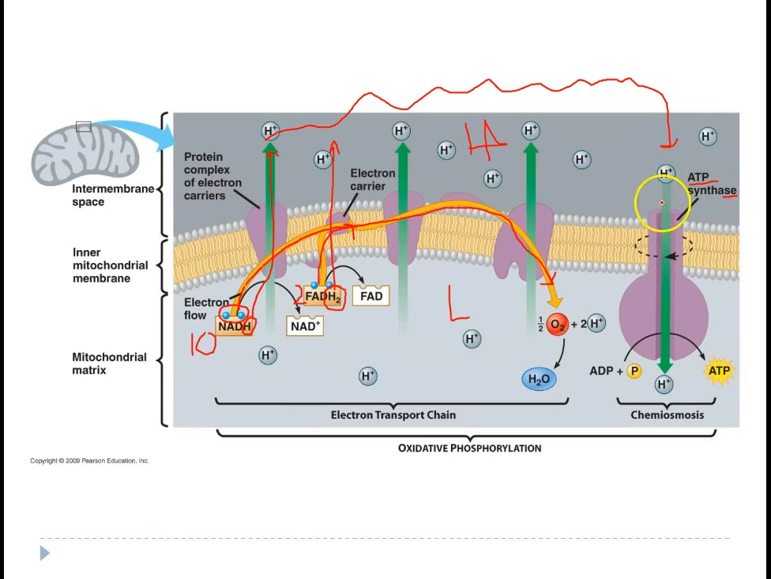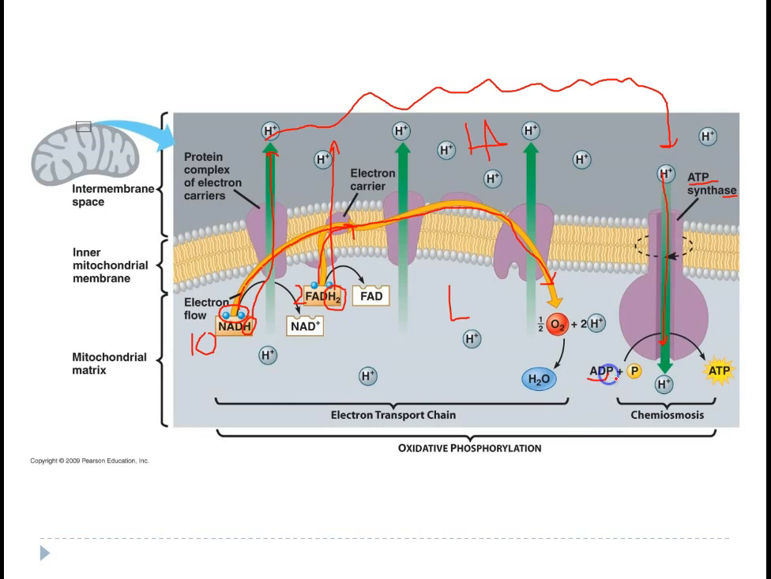So what happens is this is that turbine that's like in the Hoover Dam, that when water comes down it spins really quickly and creates some energy to do some work. Well, that's what's happening here. Hydrogen ions are coming down really fast, and it's turning this enzyme, and this enzyme basically takes that lower energy